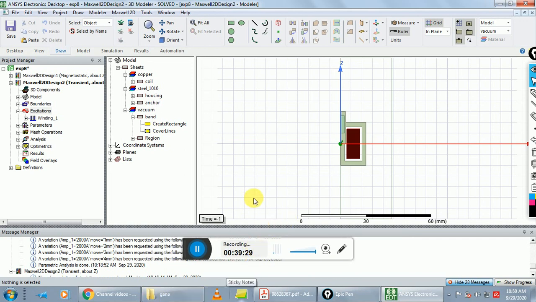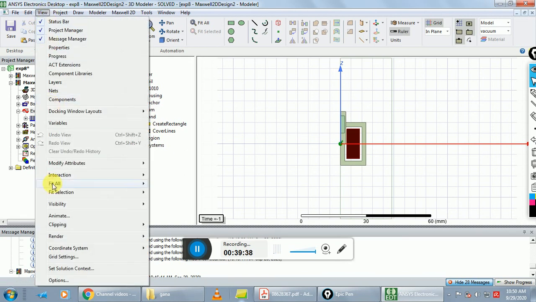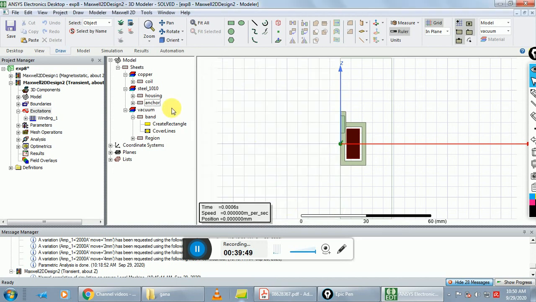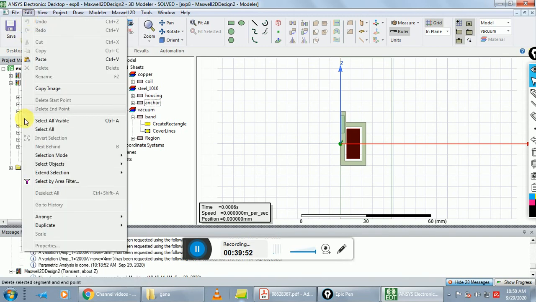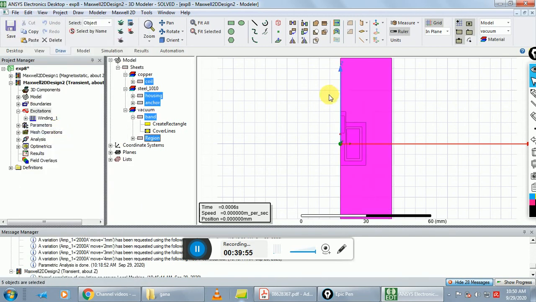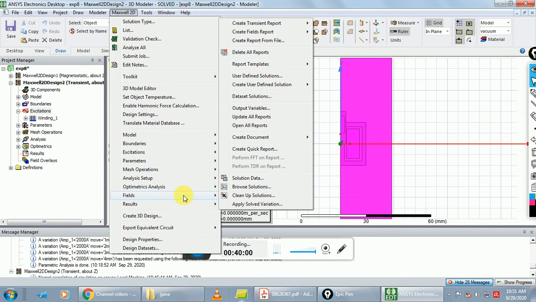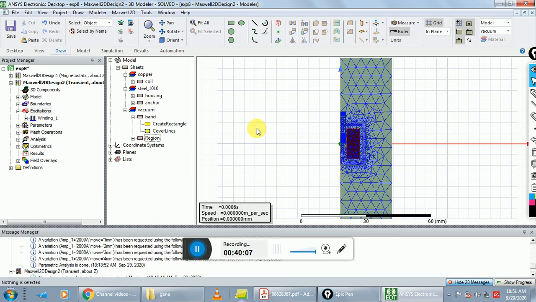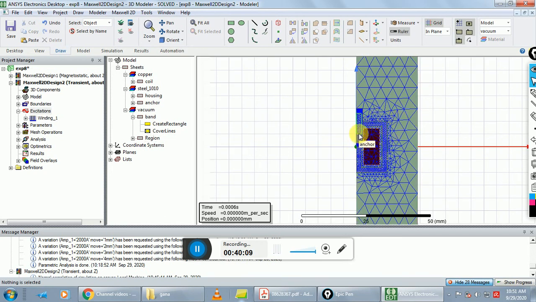So plot meshes. For plot meshes, go to view and click on set solution context, and select time and press OK, and go to edit and click select all, and go to Maxwell 2D, fields, click on plot meshes, done. This is your mesh plot. After the completion of mesh plot,